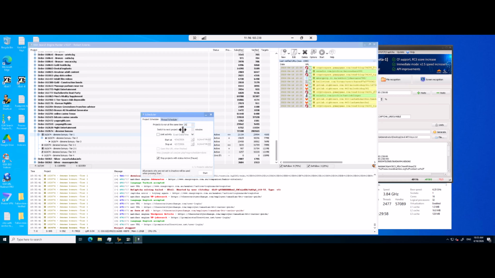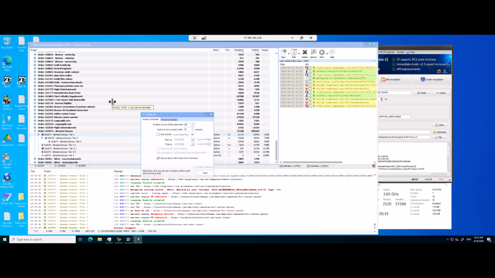Take it up a little bit at a time, and then keep an eye on the memory and also on the CPU. The CPU you don't want to go over 80%, and the memory you don't want to go over 2,900 or 2.9 gigabytes. If it gets to 2.9, it's too much, then you have to lower this. But this now is going to rotate through all your projects. So if you've got like 1,000 projects, you can keep adding here. You can keep adding projects to